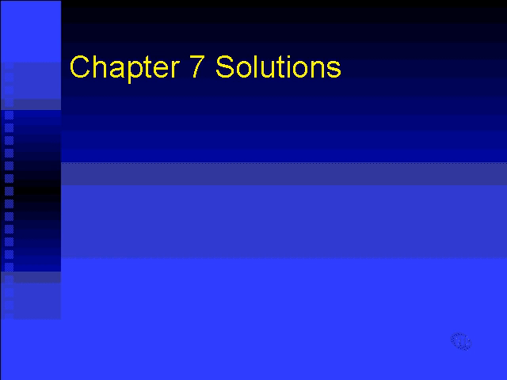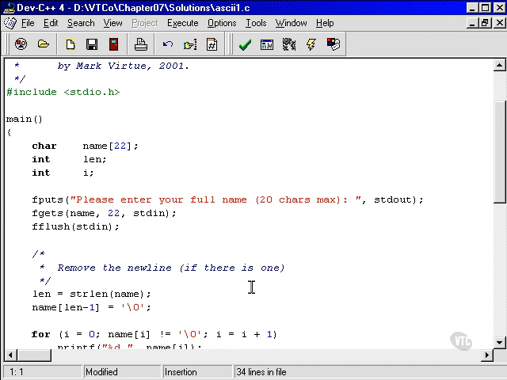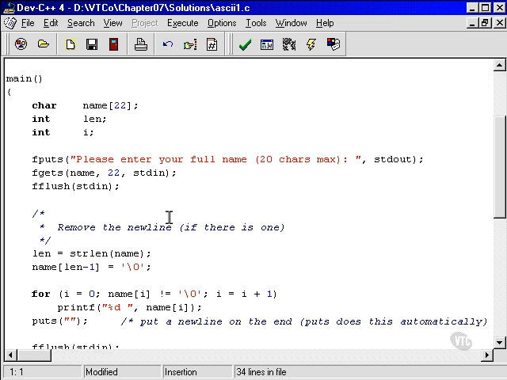How did you go? Okay, here are the work solutions to those 4 exercises. This first one is ASCII1.c, and it's very straightforward. Please enter your full name. Now, you might recall that this was actually the example that I showed you earlier in the chapter, and there